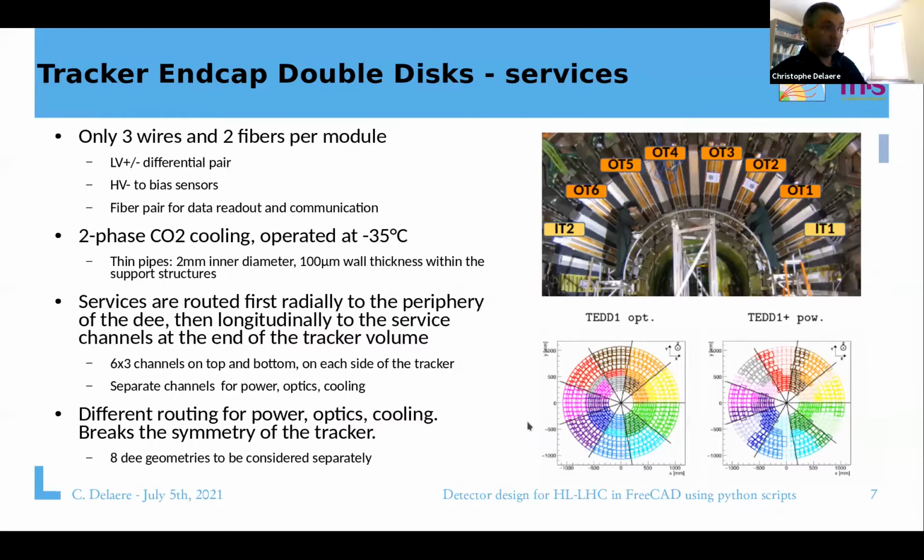Now, in terms of services, each module is a standalone detector, and it is equipped with 3 wires and 2 optical fibers. We have a low voltage differential pair to power the module. Then we have an HV- line to bias the sensor, and we have an optical fiber pair for data readout and communication. The cooling is done through a two-phase CO2 cooling, operating at -35 degrees that is embedded into the